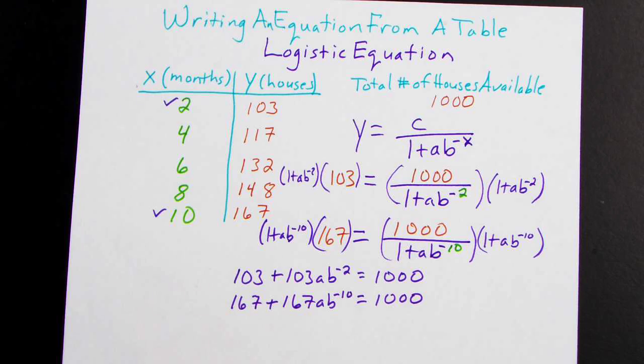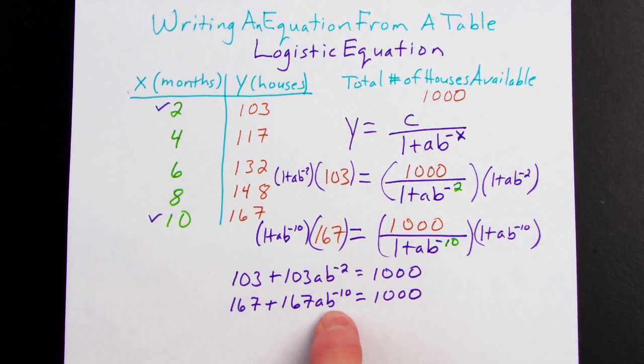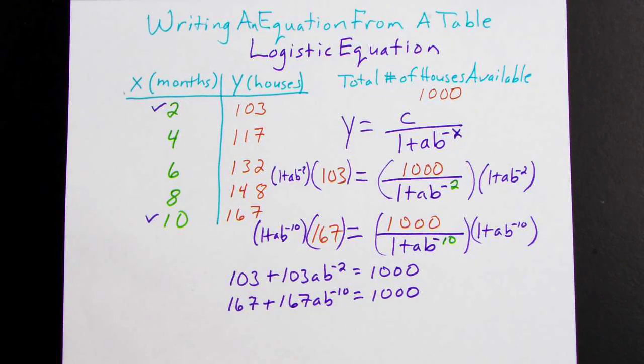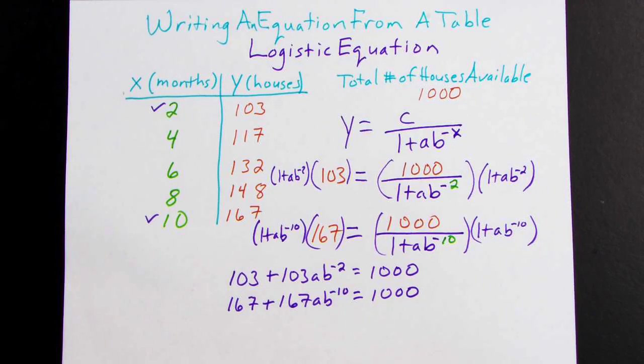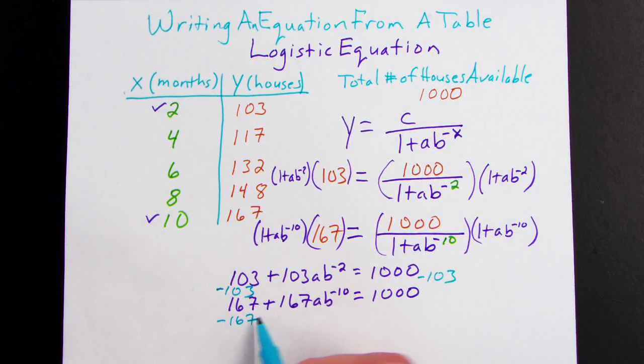I mentioned before that my goal is to bring these two equations into a single equation. Since the variables are multiplied together, I'm actually going to need to divide these equations to get rid of one of those variables. In order to do that, I need to get it to a place where the A and the B are left alone on that side. So first thing I'm going to do is subtract 103 from the top and subtract 167 from the bottom, leaving me with 103 AB to the negative 2